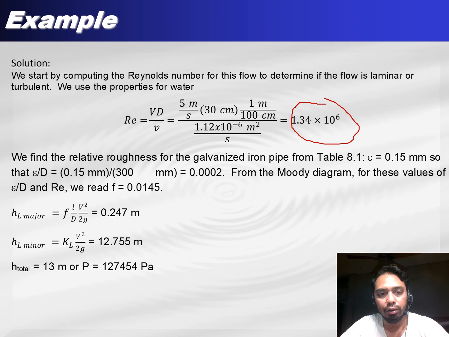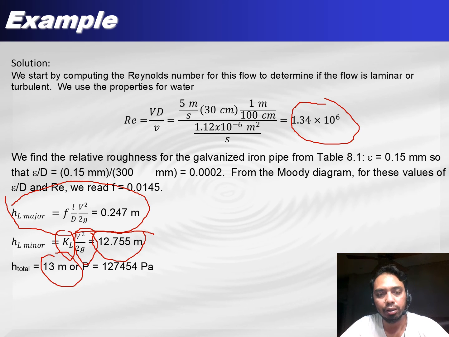Substituting into the equation, we obtain a major head loss of 0.247 meters, while the minor head loss is the loss coefficient K_L times V squared divided by 2g. We obtain 12.755 meters. So the total head loss is 13 meters, or in terms of pressure,